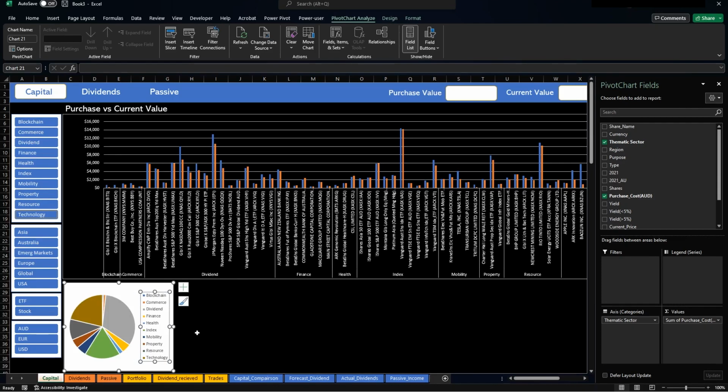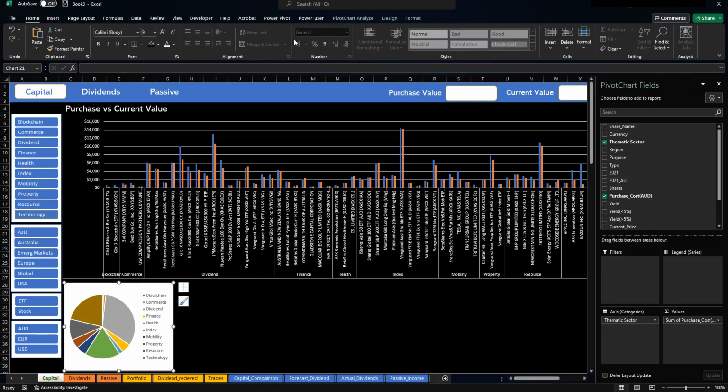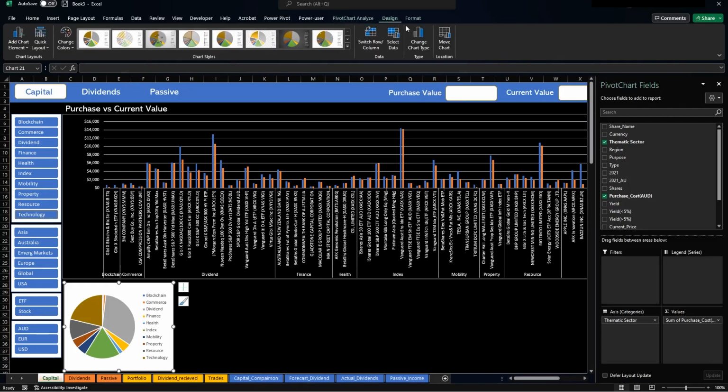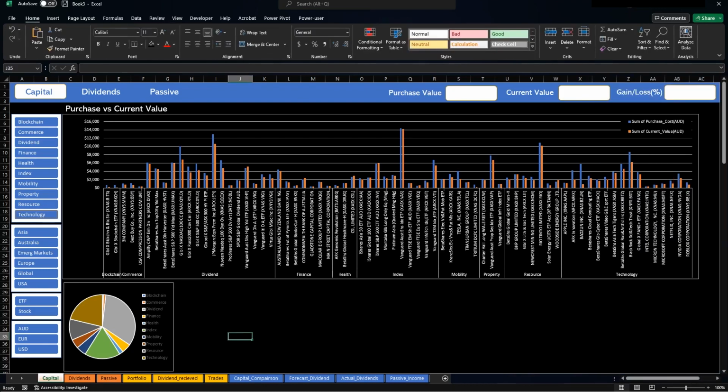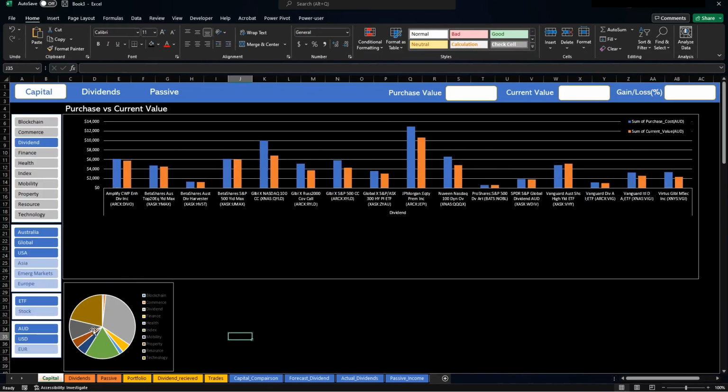Let's make that a little bit wider. There we go. So, and I'll do the same thing as before. I'll design, format, make it a black see-through, and there we have it. Now what you'll notice is that if I click on Dividend, you see that this doesn't actually change